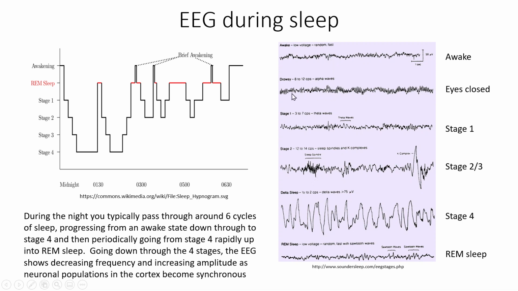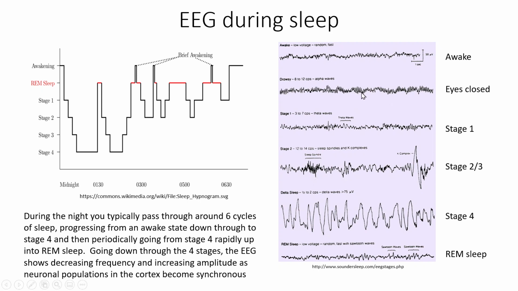And what's happening here, when you close your eyes, you deprive the brain of a major source of sensory input. Remember that us humans are largely visual animals, and so closing your eyes takes away a large amount of sensory input from your brain. And what that does is it allows the neurons to start manifesting their tendency towards synchrony. So this more ordered pattern is actually us starting to see neurons going into a little bit of synchrony. And as neurons go into synchrony, the amplitude can increase because they're all firing simultaneously.